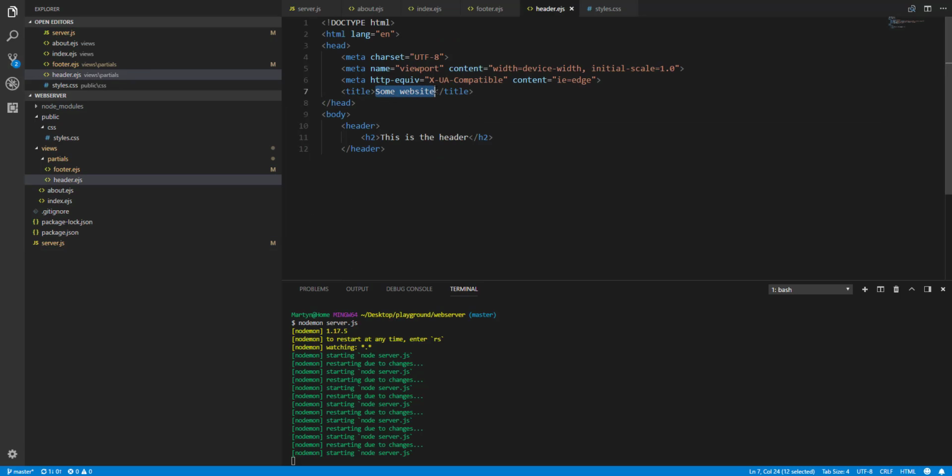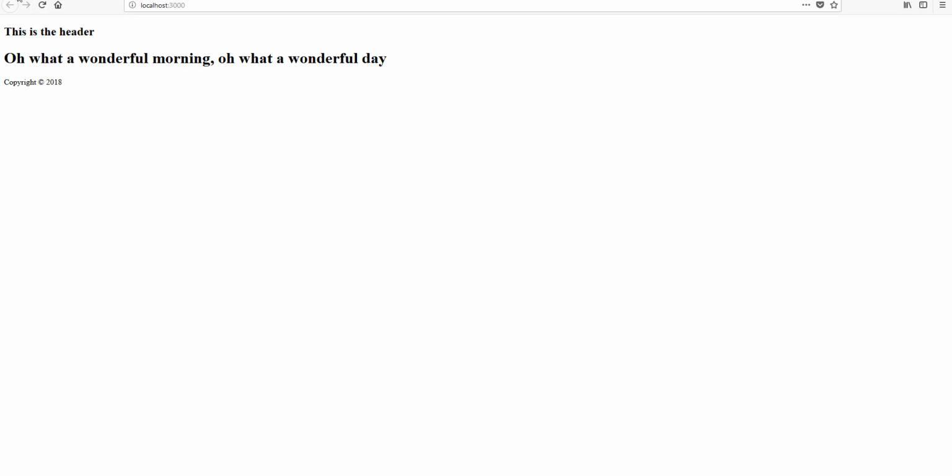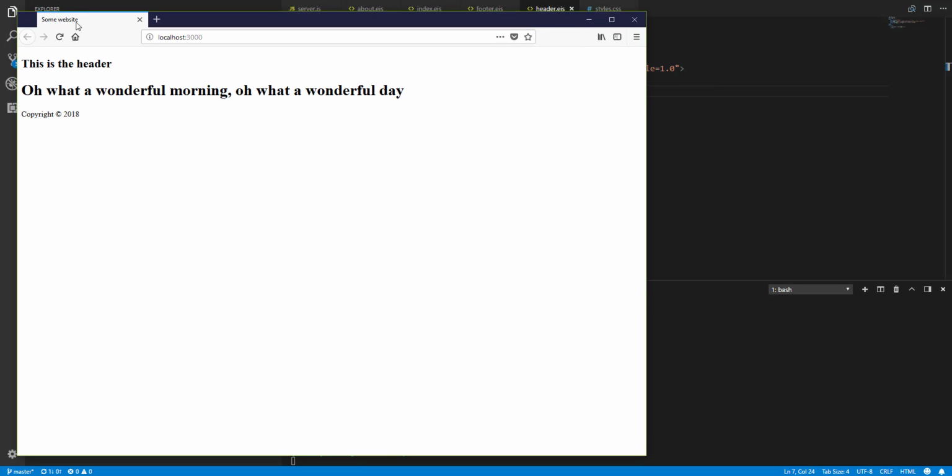Up here we've got Some Website, but we'll change it to My Website, and we'll do that by, something went wrong here, delete that. We'll do left angle bracket, percentage sign, equals title, percentage sign, right angle bracket. If we bring back up Firefox, you'll see up here it says Some Website, so we'll refresh that, and that is now My Website,